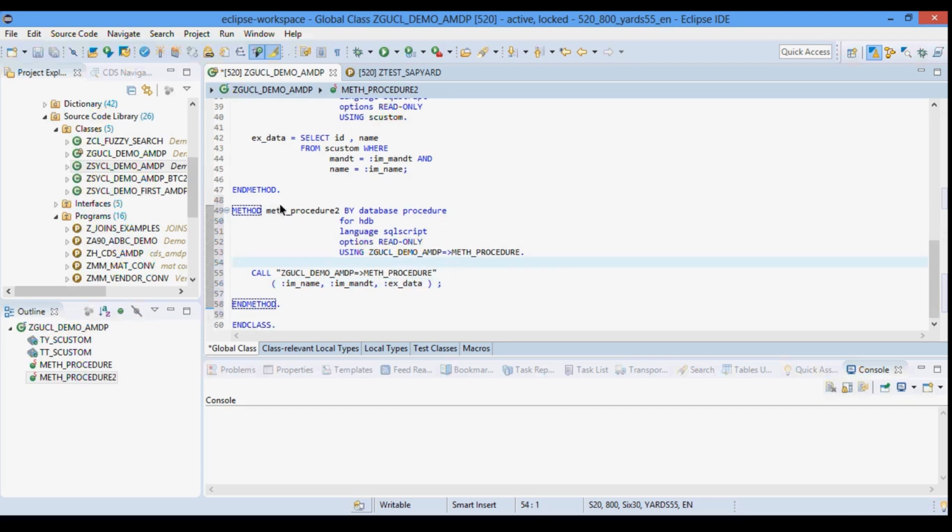That's it. So here, in my method procedure 2, I am using this method procedure.